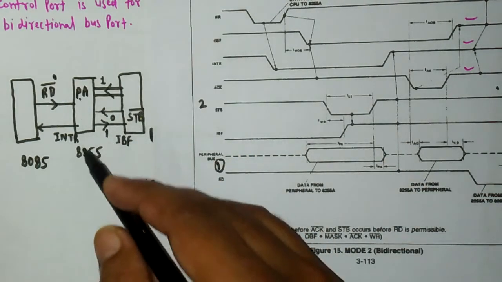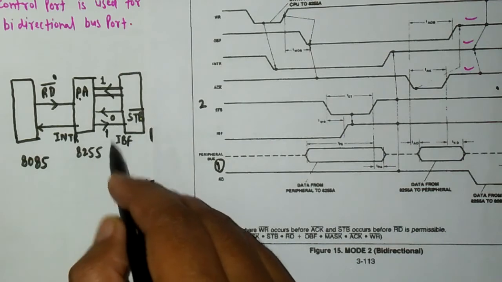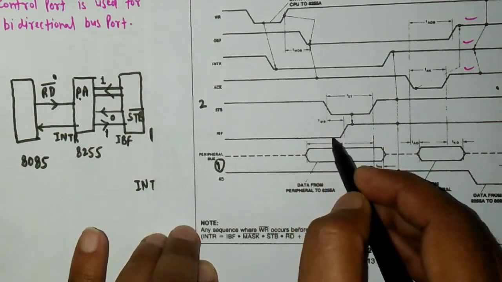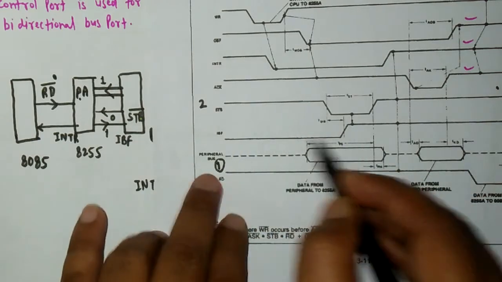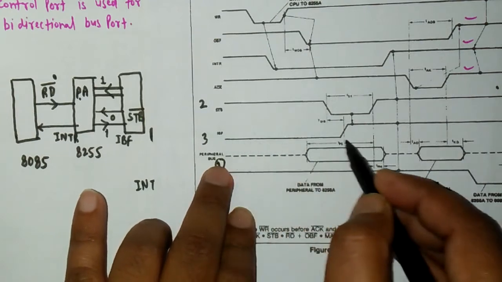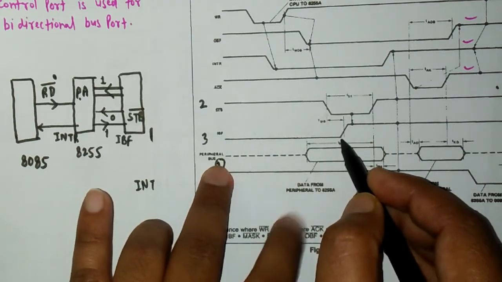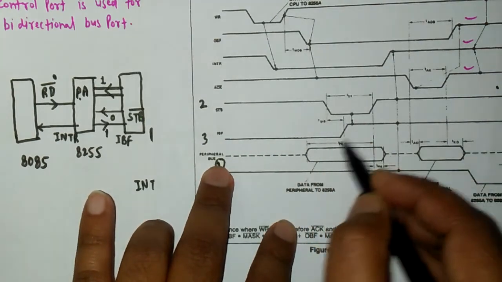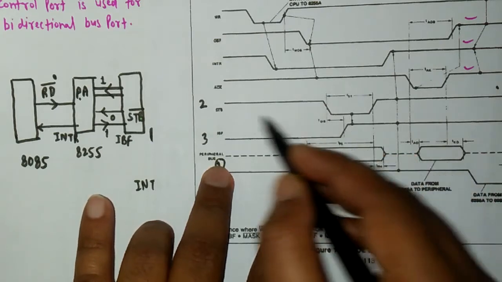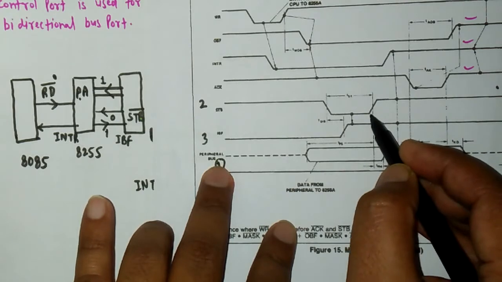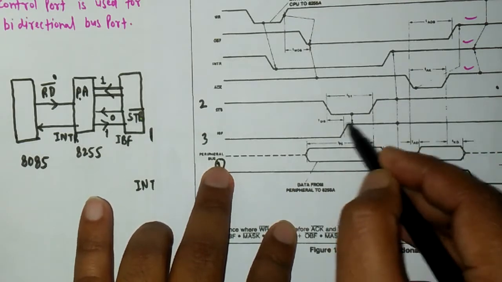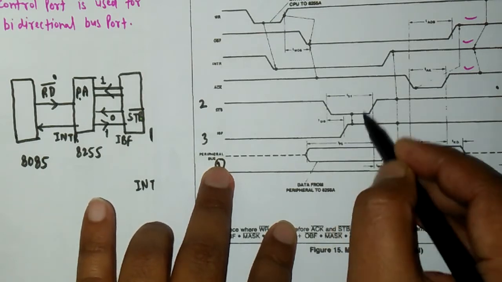In response to that, the 8255 sets 1 at the IBF pin. So you can see after this transition, a transition occurs on the IBF pin. I am writing it as 3. On the IBF pin, after a certain time, the logic goes from 0 to 1, and this transition from 0 to 1 will cause the STB bar pin to go from 0 to high. That means it will again set the STB bar pin. This transition is setting this one.